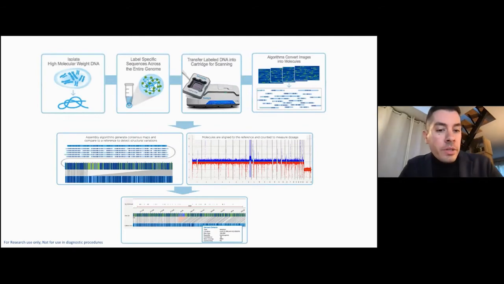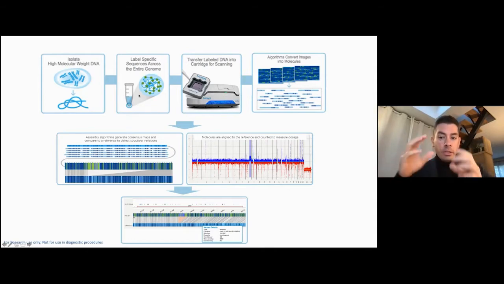The workflow is extremely simple. You extract the DNA using our kits to obtain ultra-high molecular weight DNA. This DNA is labeled with our enzyme called DLE1 and counterstain, and this is where the specific labeling pattern is applied genome-wide. The stained DNA is then simply loaded on the chip where the nanochannels are engraved, and from there,